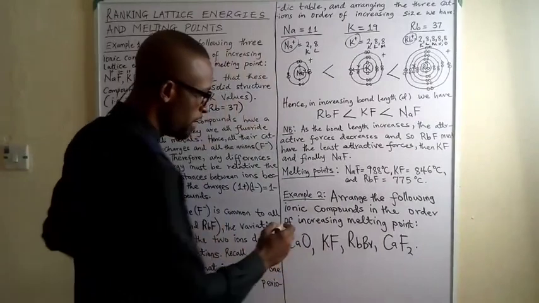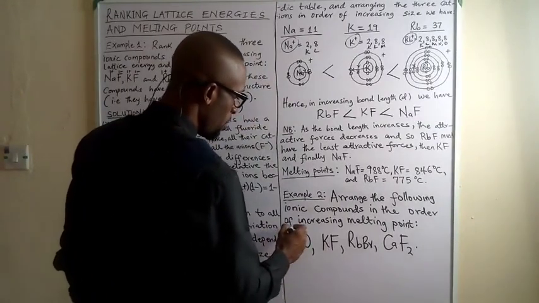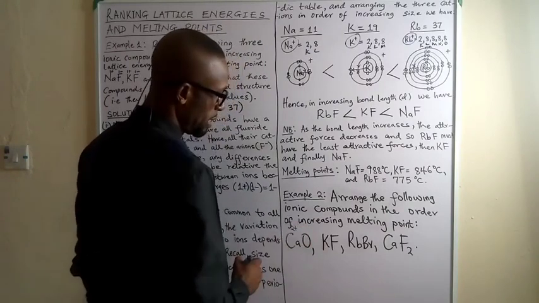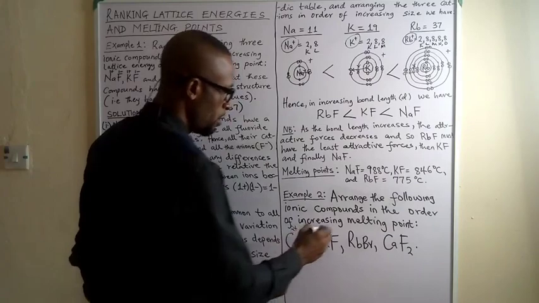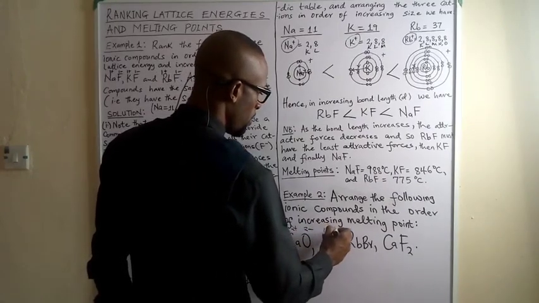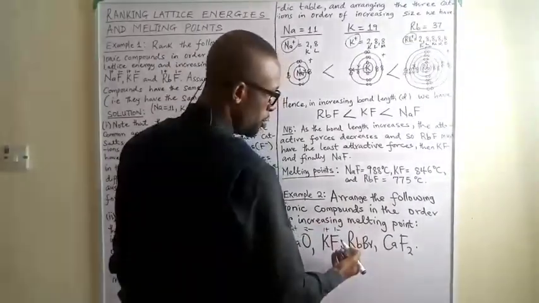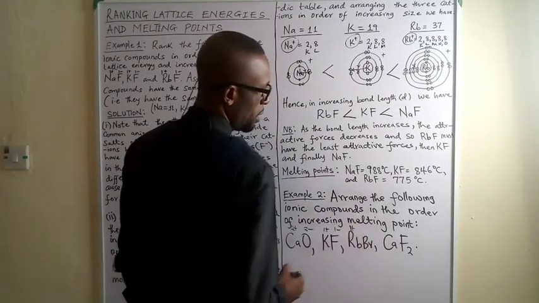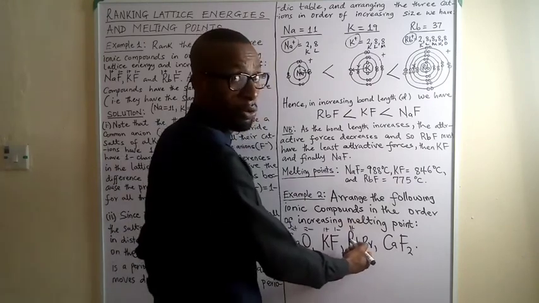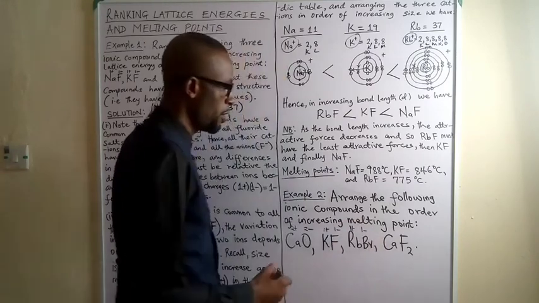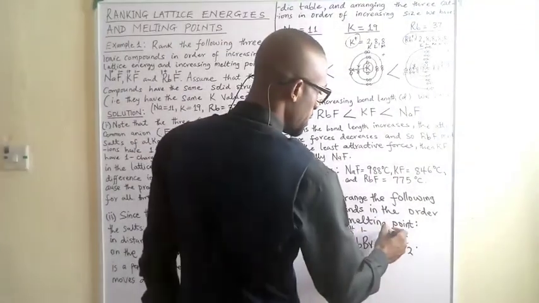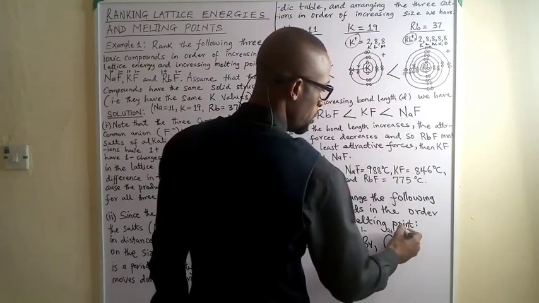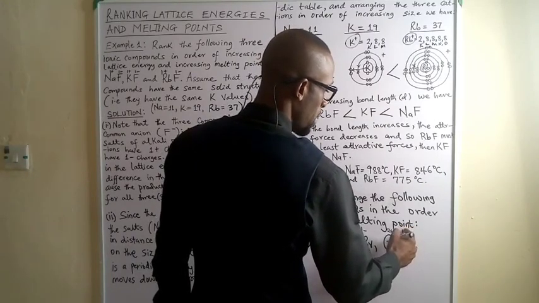This is key. So if we try to bring out the ions here, we're going to have a 2 plus ion in the cation. Here you have 2 minus. Here you have 1 plus, here you have 1 minus for fluoride. Here rubidium, of course, is an alkali metal, so we are dealing with a 1 plus ion. And here bromine is a halogen, so we are dealing with a 1 minus ion. And again, this is a 2 plus cation, and this is a halogen, so we are dealing with a 1 minus ion.